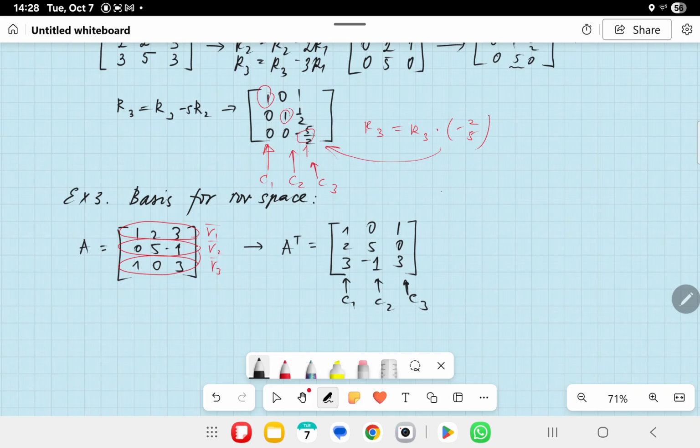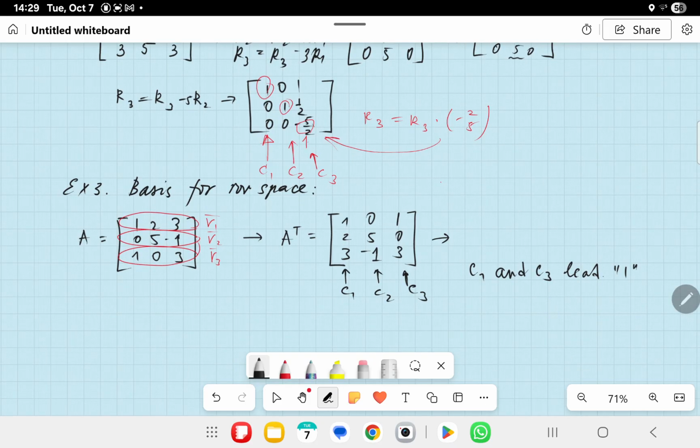Well, I don't want to actually do the whole operation, but imagine that we did this reduced row echelon form and we found that C1 and C3 have leading ones. C2 does not have a leading one. Then row number 1 and row number 3 are making bases